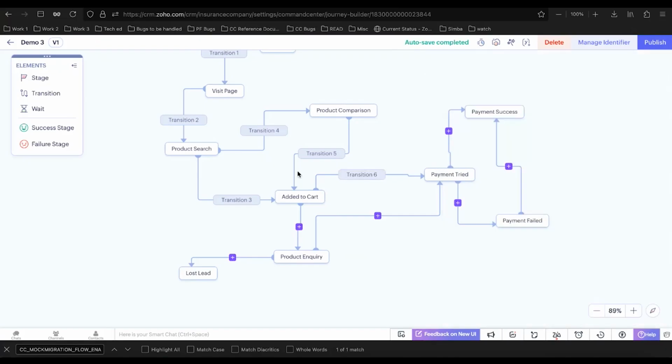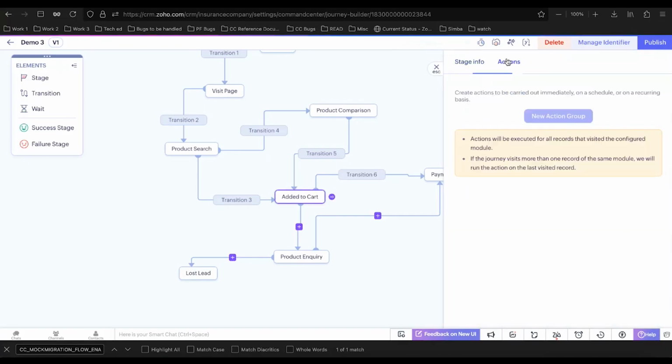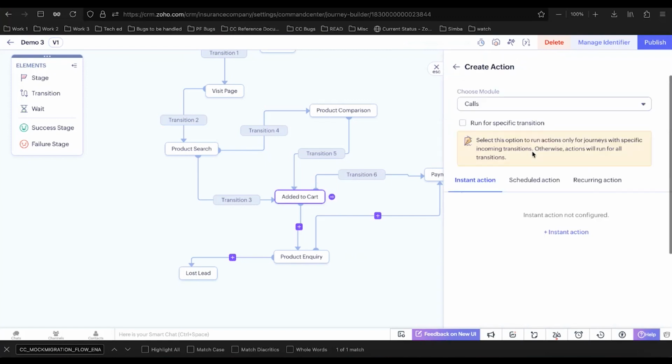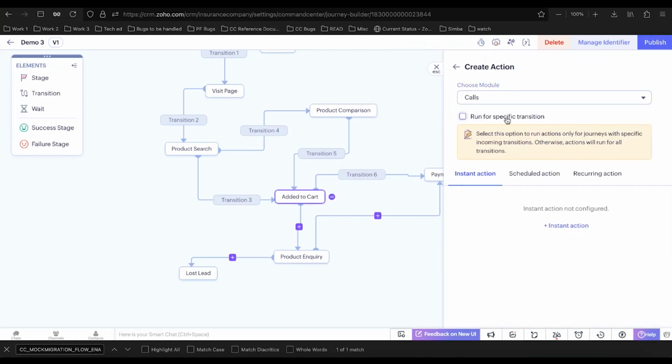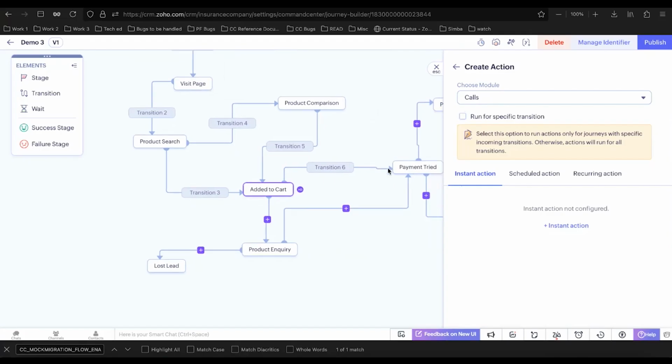Okay, so when you try to add action, there is something called run for specific transition. The advantage of this is you can choose to run the actions based on which path they came to,